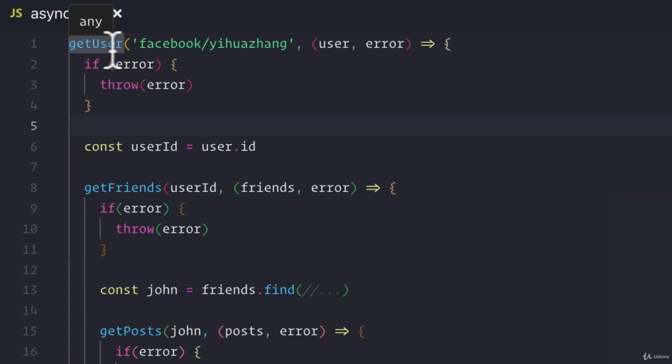We have some function called getUser, which fetches from this link of Facebook/Yihua. So we're fetching our Facebook user, Yihua. And then we give it this function, which is called a callback. Inside of it is either going to get the successfully retrieved user or an error if something goes wrong along the way. If there's an error, we want to throw the error, right? If there is no error, then we want to get the user ID and set it to this constant of userID. And then we want to pass that into this new function, getFriends, where we give it the user